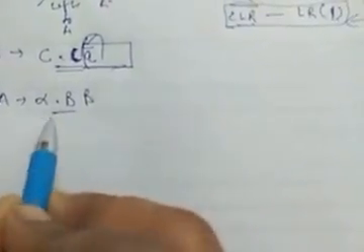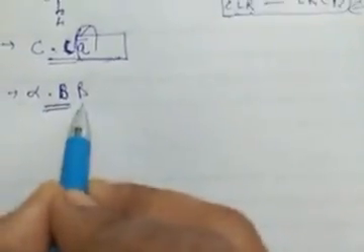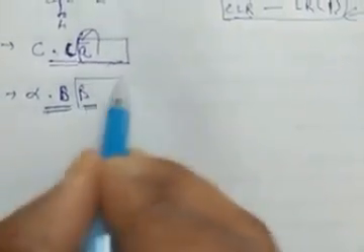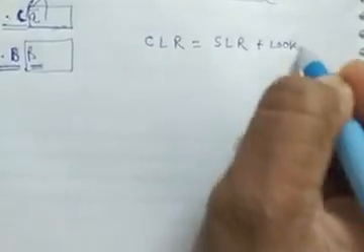We have to see all elements after the dot element. If there is an alpha dot b beta type of production, in SLR we concentrate only on b, but in LR1 or CLR parsing we concentrate also on beta. So we move one extra element. This is called CLR parsing. CLR parsing is nothing but SLR parsing plus look ahead item.